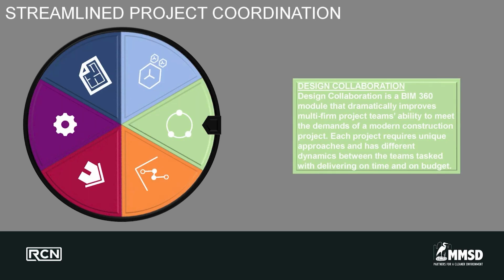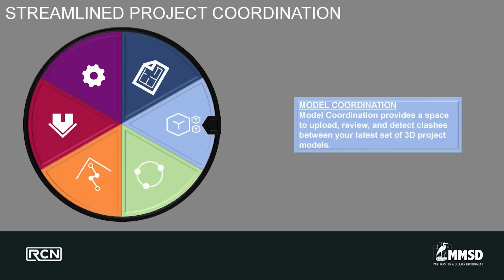You can use Design Collaboration to create work in progress folders for your consulting firms. And then you can also create shared consumable folders for all of those same firms and bring those files into model coordination where we can do clash detection. So we can take the process piping, run clash detection with structural or any other discipline model. And we can also perform our reviews, creating markups right in Navisworks Manage, giving them one file with all the